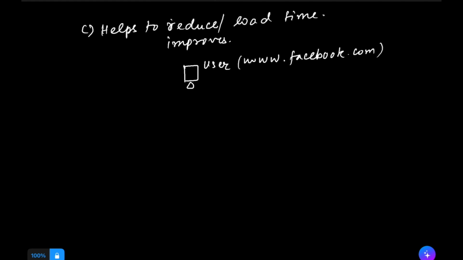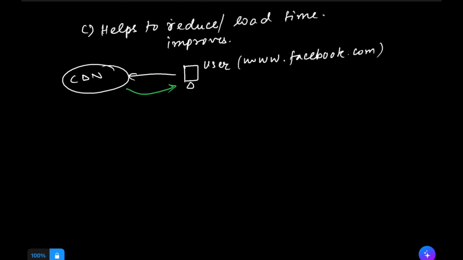They do not change frequently. So these things can be fetched from a CDN. Instead of going to a web server, the request goes to a CDN to fetch this static content. If that static content is present in the CDN, then it is delivered to the user